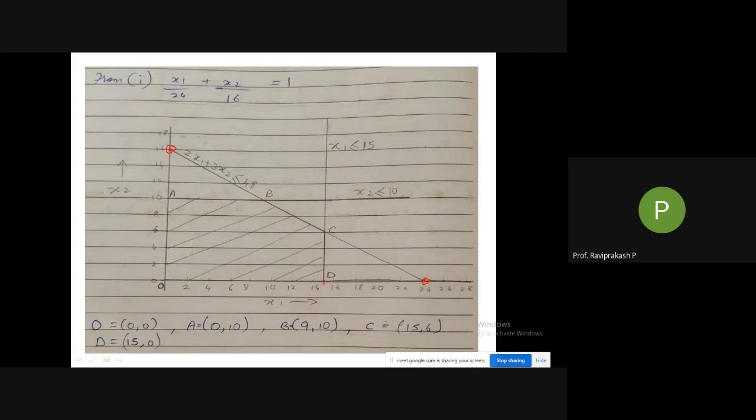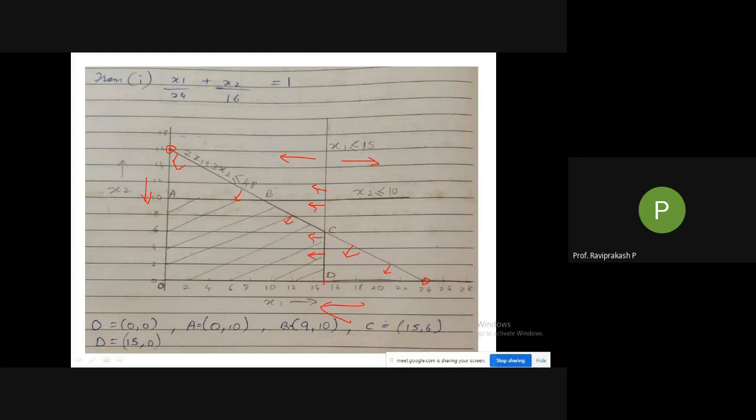Less than means it should go this side, on the x-axis. That means my area should be this one, under this line. Now coming to these straight lines, first I'll take x1 less than or equal to 15. Less than will go this side, more than will go this side. This is less than, so I need to focus on this side. My area for this particular line will be in this direction.